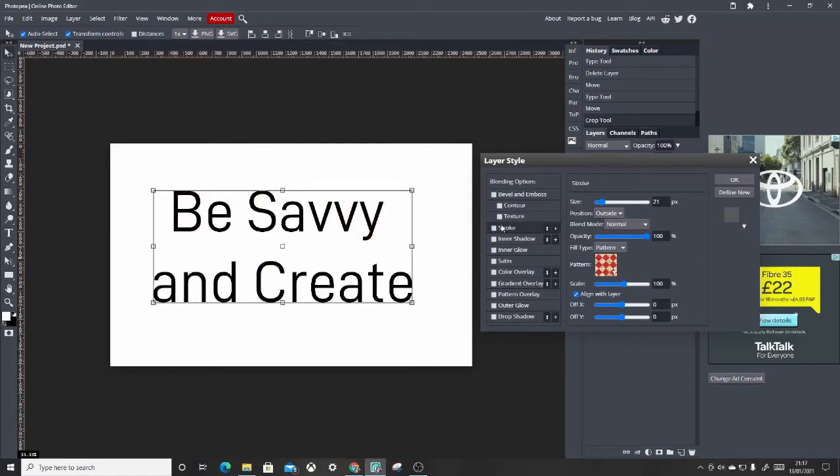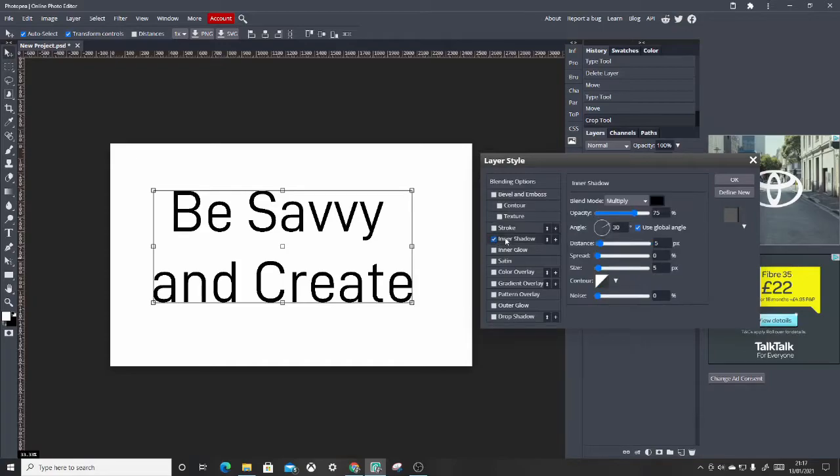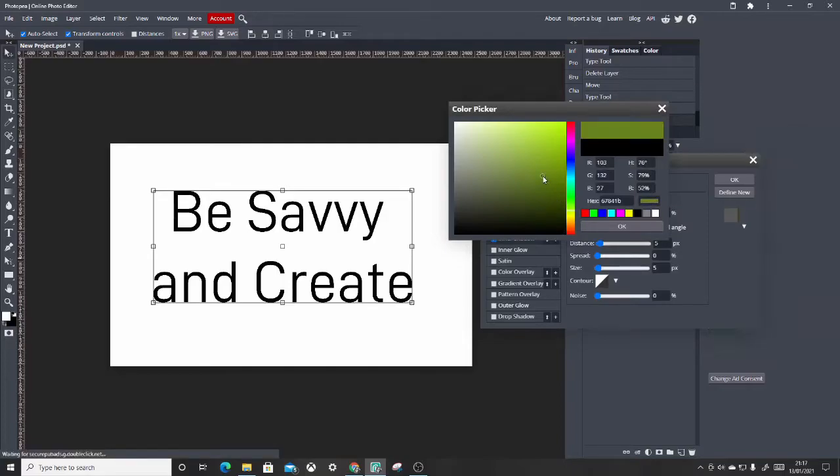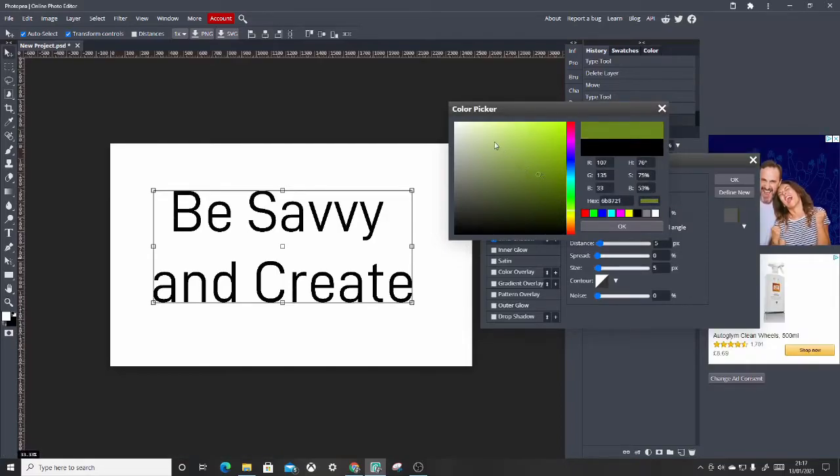Okay, so if we click off that and have a look at another one, we're going to look at the inner shadow now. The inner shadow, if we go for a light colour,